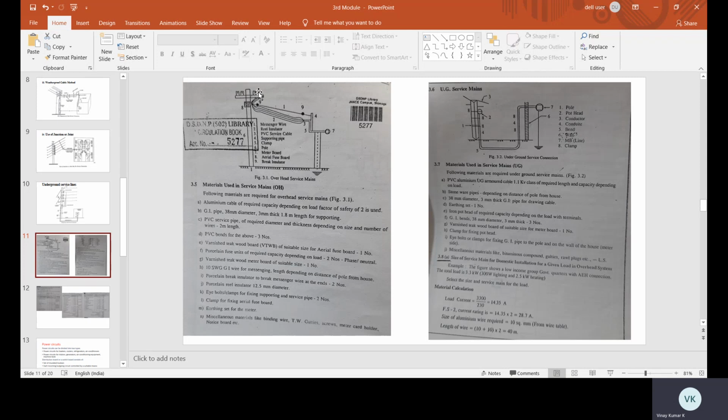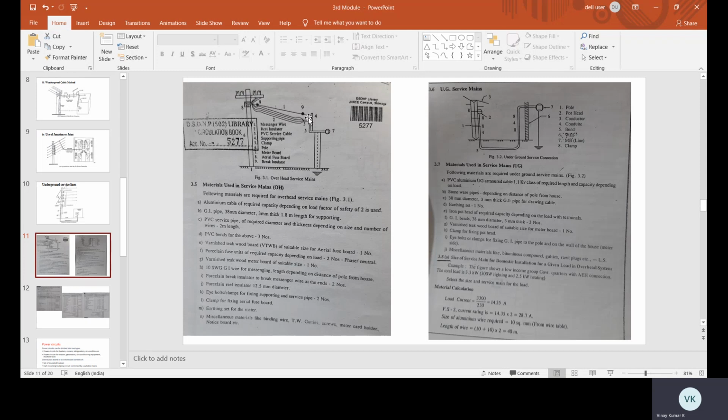And then from 11 kV to the fuse board, that is about 1 meter length, multiplied by 2. The GI pipe is normally taken as a length of 1.8 meters. The 1.8 meters into 2, and from the GI pipe to the energy meter, take it as 1 or 2 meters, and that 2 meters into 2. So till here we have to calculate the length of the cable, and the length of the GI messenger wire is taken as the distance between the pole and the GI pipe, that is 20 meters.